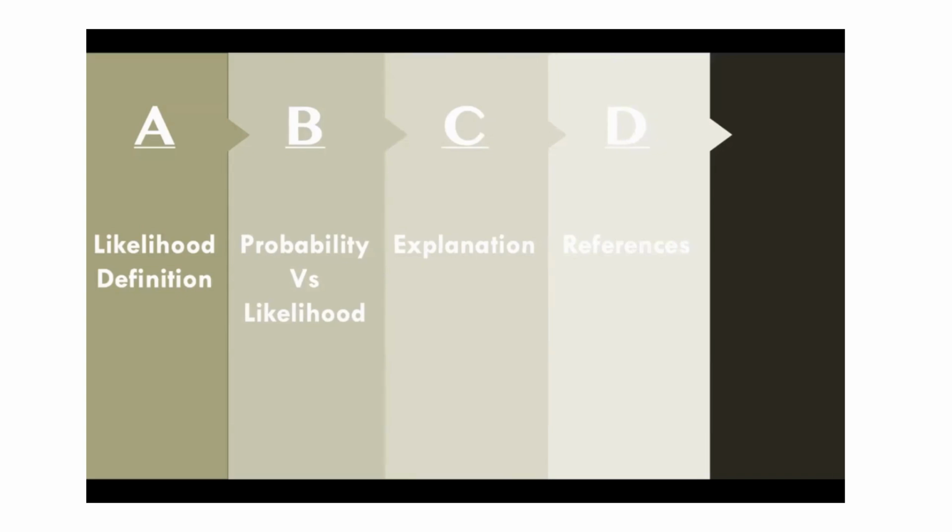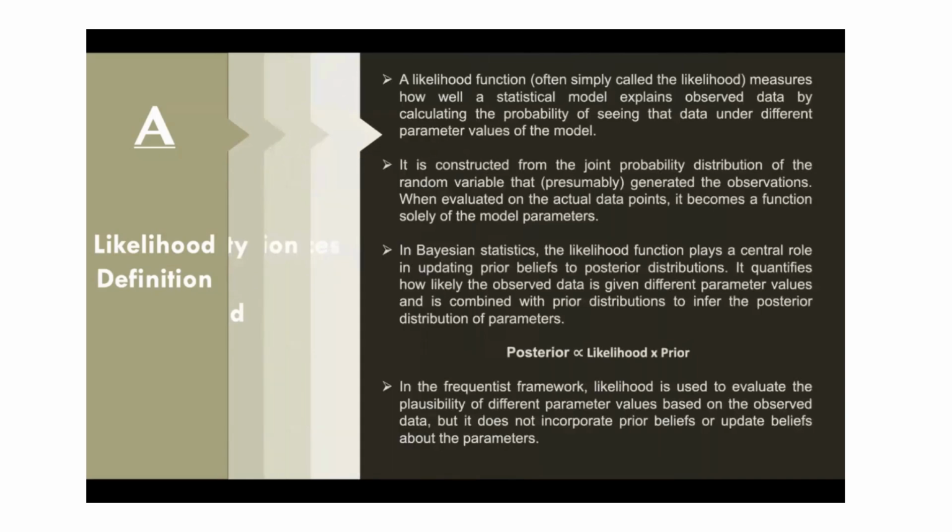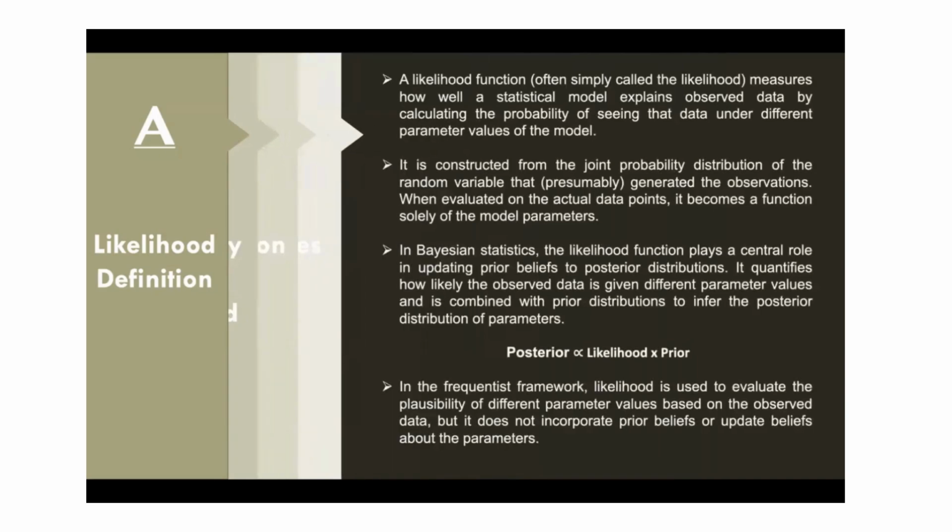Starting with, we have the likelihood definition. So basically, the likelihood function, which is also named as likelihood, measures how well a statistical model explains observed data by calculating the probability of seeing that data under different parameter values of the model. Like, we have a complete data set. Based on that, which model would best fit that particular data set is what we can understand using the